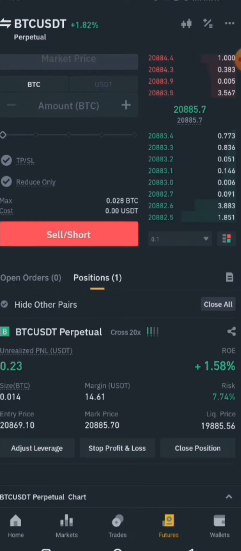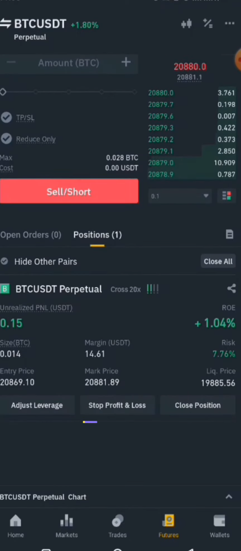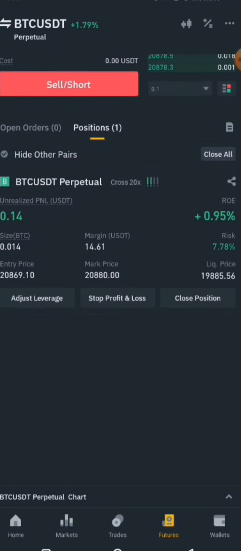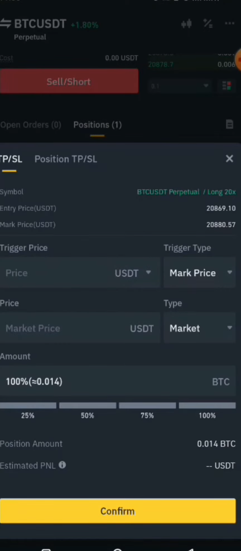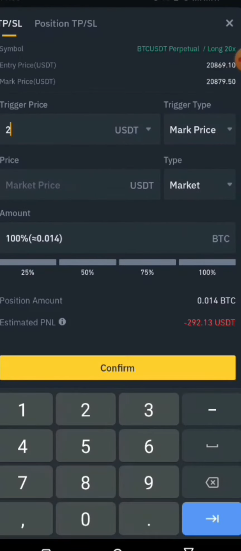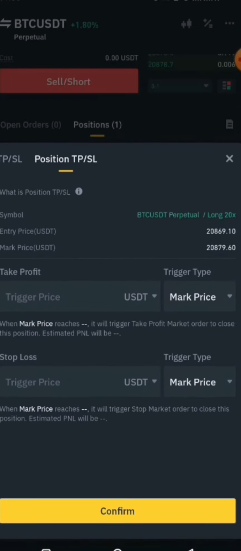Another thing I would like to talk about is stop loss and take profit. When trading the Binance Futures, always make use of your stop loss and take profit. And to set your stop loss and your take profit, you tap on the stop profit and loss right here, to set your stop loss and take profit. So you tap on the position, take profit / stop loss, and then the first one we can see here is